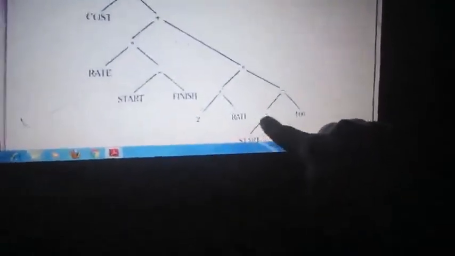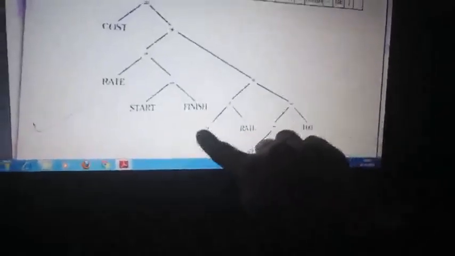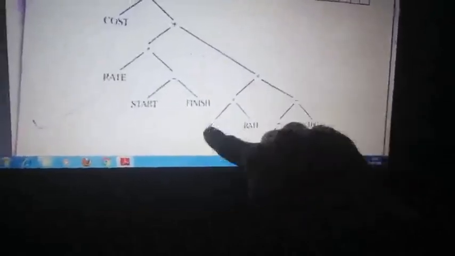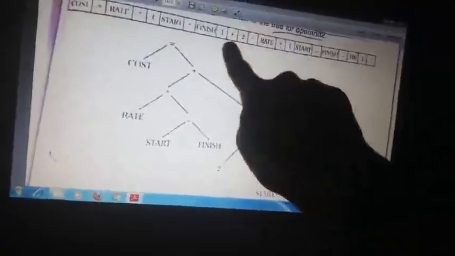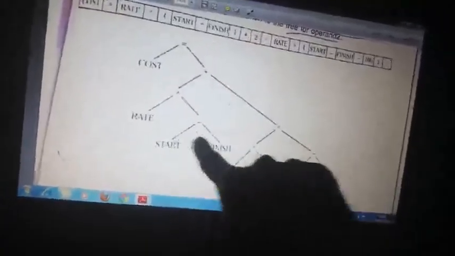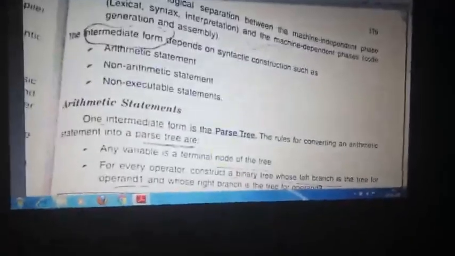So it is represented like this. See, start finish minus, with this element it is minusing with the 100, and with this element it is multiplying 2 into rate, and again 2 into rate into this element. So this is one part. After that it is plussing with, this part is over, 2 into rate into start finish 100. Then you have plus, you are doing start minus finish, this part is over, you are multiplying it with the rate, so it is plussed. So if the syntax is represented in this order, a parse tree, then it is called arithmetic statements.